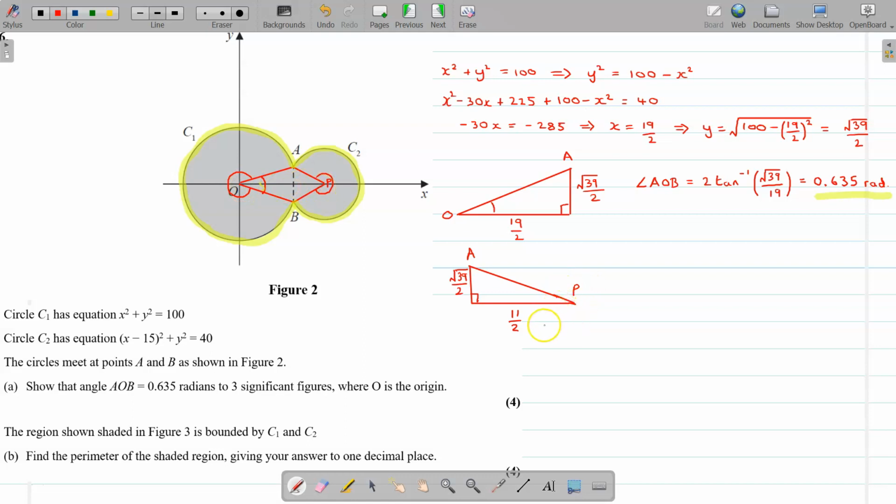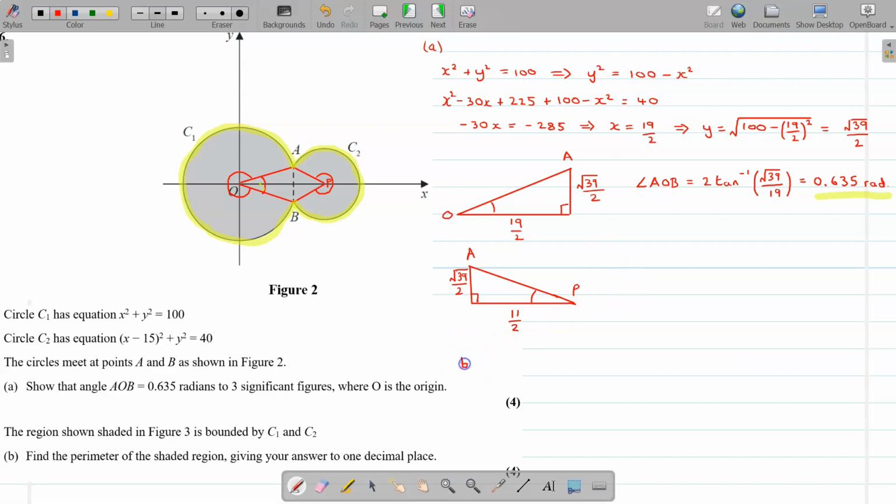All right, so that's going to be useful because I can now work out what this angle is using the same kind of technique I've used up there. All right, but what I'm interested in for part B, so this was all part A. Okay, so for part B, what I'm interested in doing now is